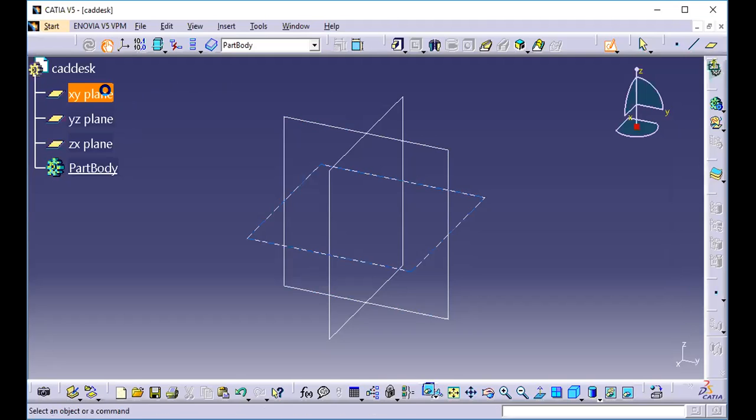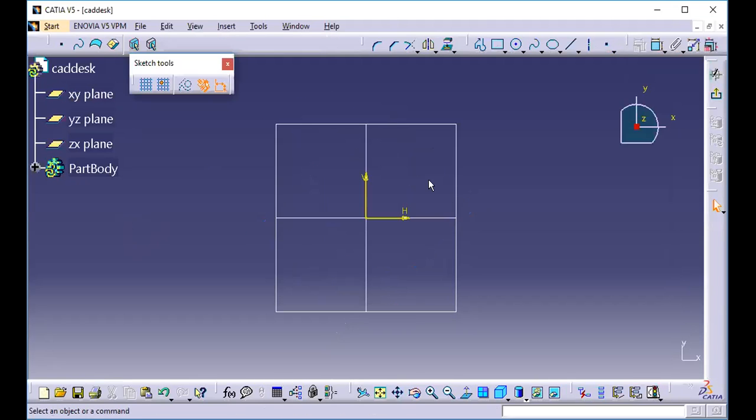As soon as I click on the XY plane, the plane will be parallel to my screen and the sketching tools will be available, like circle, rectangle, ellipse, spline. All the tools are available now.